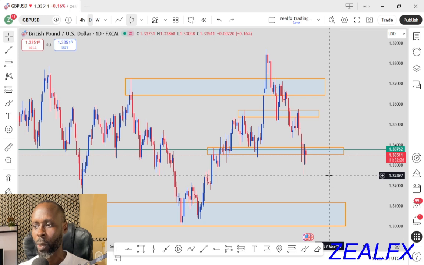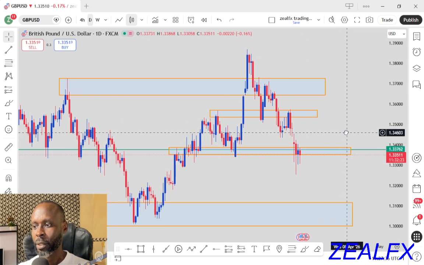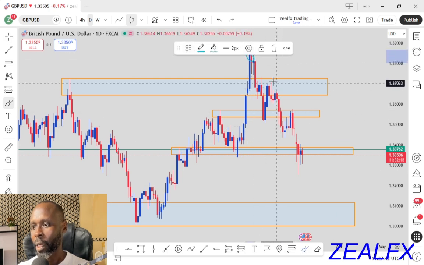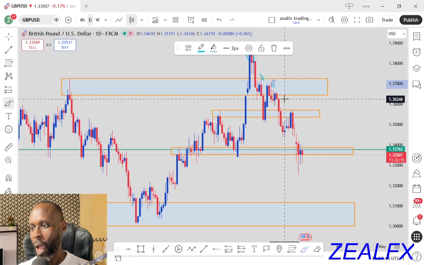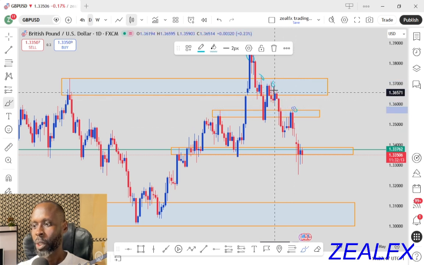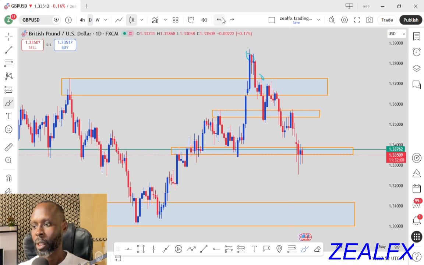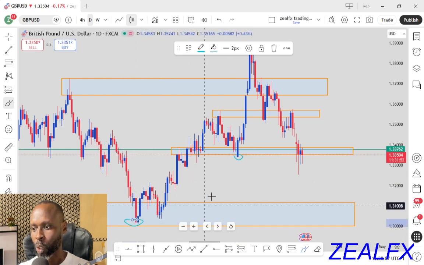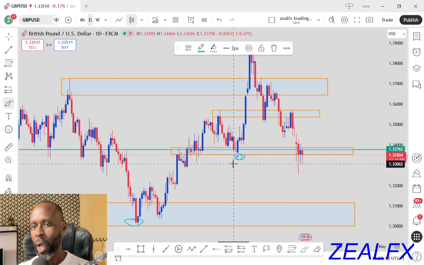So the Pound USD on the daily chart has been creating a higher high, then we have a series of lower highs. This series of lower highs indicates bearish momentum for the Pound USD. So long as we have this bearish momentum, we also have this higher low, which is a major structural level. Once we see price break below this higher low level, because we also have this lower low as a major structural level, and this higher low as a major structural level,